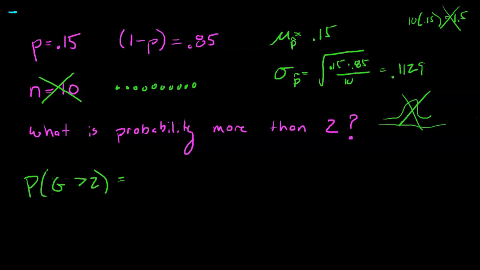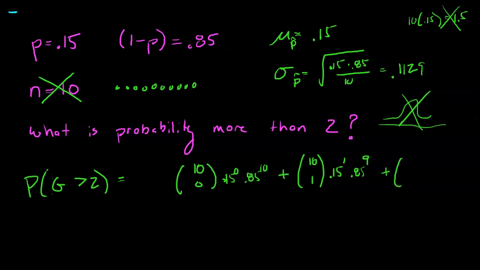So I'm going to find the probability that if I have 10 jelly beans, I select 0 that are green. That's 0.15 to the 0, 0.85 to the 10. 0 green, all 10 non-green. Then I'm going to take the probability of 1 green jelly bean. That's 0.15 to the first, 1 green, 0.85 to the 9, 1 green, 9 not green. And then I'm going to do 10 choose 2 for 2 green jelly beans, 0.15 squared, 2 greens, 0.85 to the 8th,